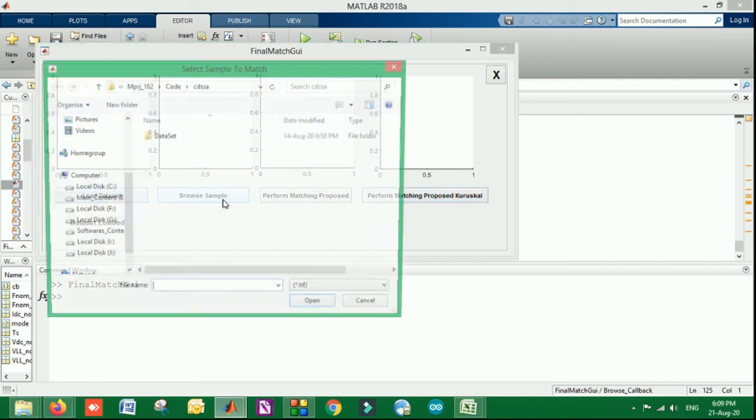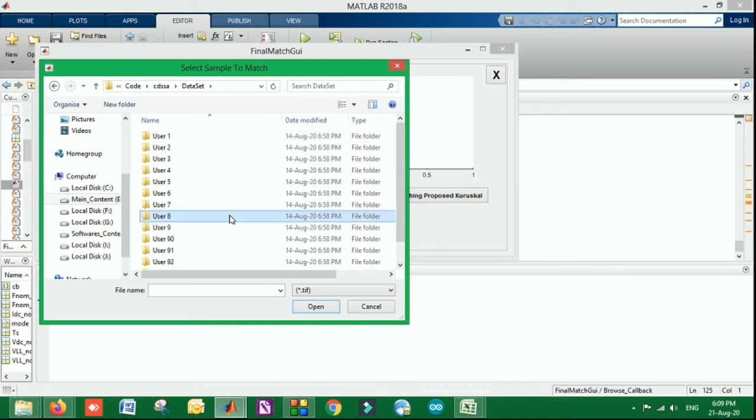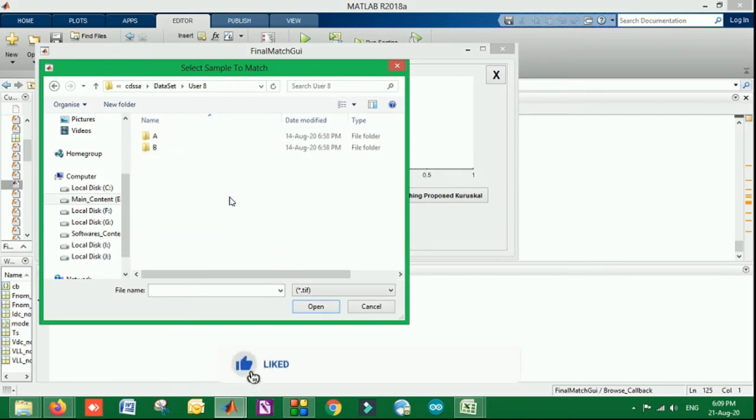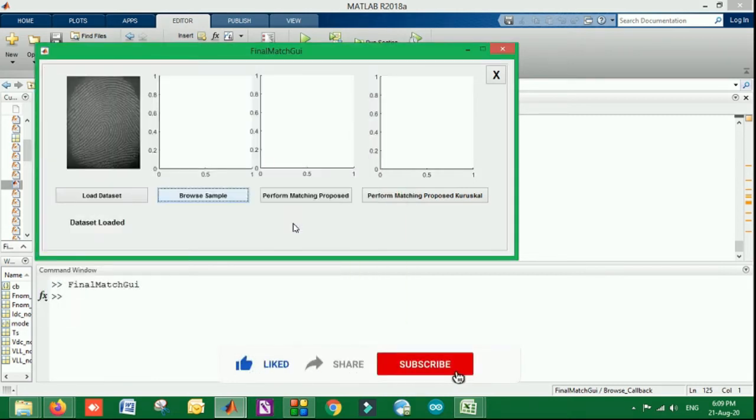Firstly, I am showing you the classification section. This is the dataset. For example, I have a number of users. From the 8th user, I am selecting one of the fingerprints to be processed, and then the classification is to be done.